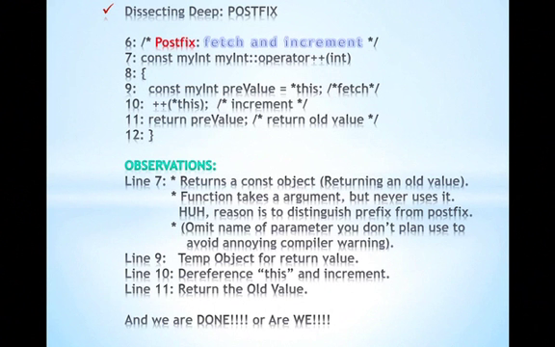Line number 9, that's your temporary object that you're declaring to hold the old value. Line number 10, you're going to basically dereference that this pointer, which is pointing to the current object that called it, and it's going to increment the value. And look at the return value. You incremented the value already, but you're going to return the old value, which is what you want, because